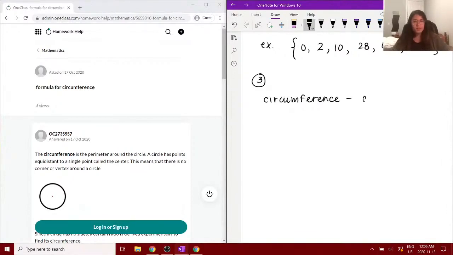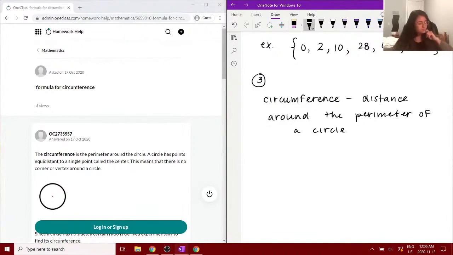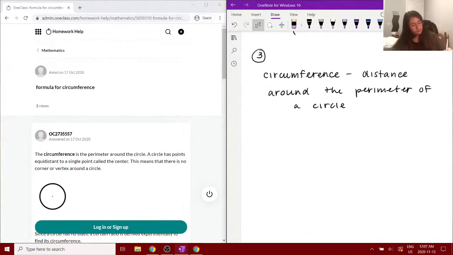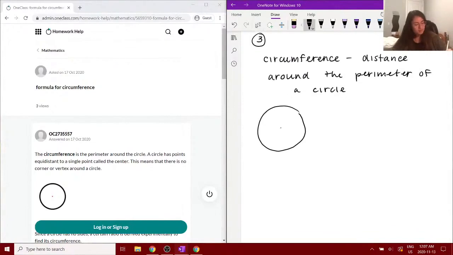is the distance around the perimeter of a circle. Or, yeah, so the distance around a circle. A little bit of a wonky circle, but if we have a circle,